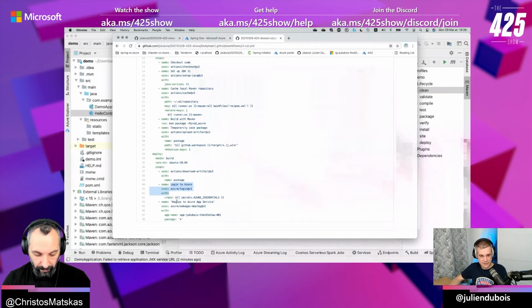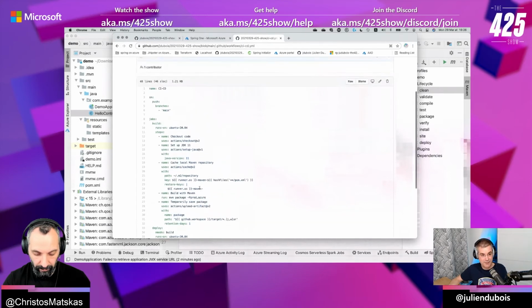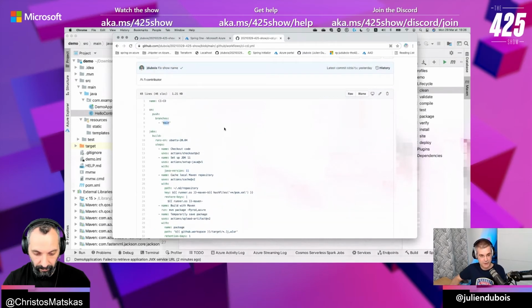And it uses that GitHub Action to deploy my application to Azure. So this one is automatically deployed each time I git push on the main branch. So that's very handy if you want to deploy your app.